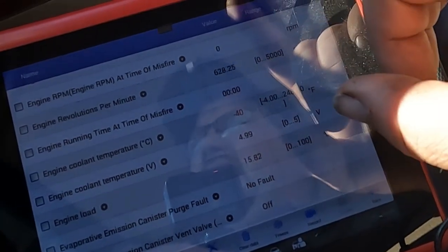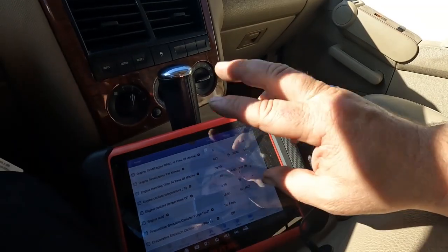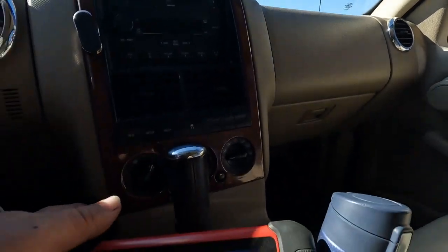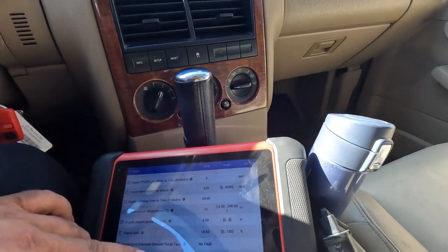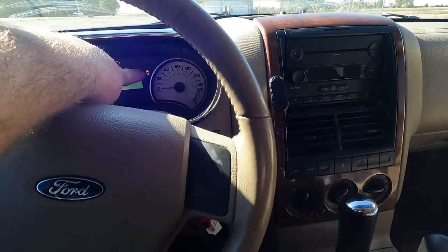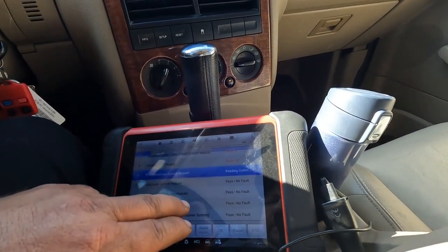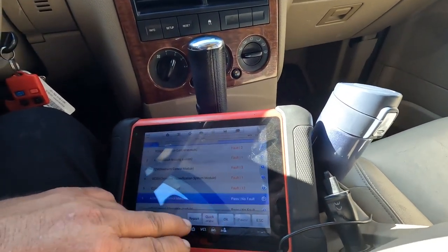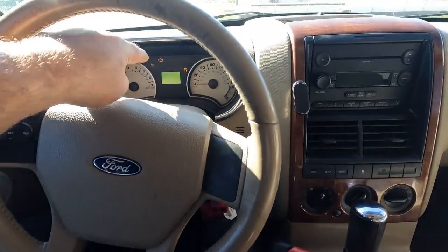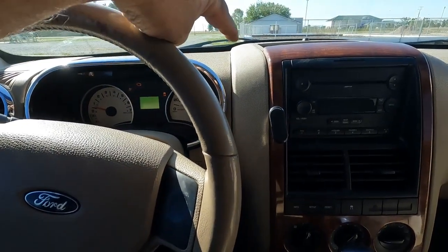So either we have a bad coolant temperature sensor or we have a wire that's broke somewhere, and that's also why the AC is not working. I'm sure, maybe not, but I'm sure it is. I think that's also why we have a traction control light. Let's come back here. As you can see, we have a lot of faults in the instrument cluster, and that's because this thing was in a wreck and somebody fixed it up,